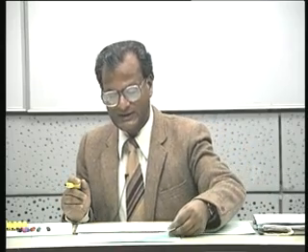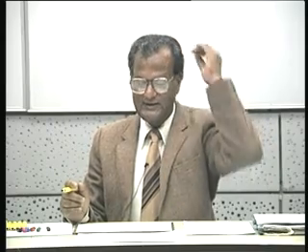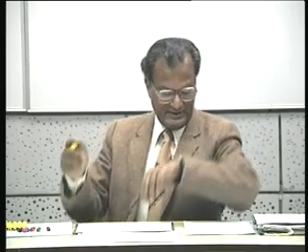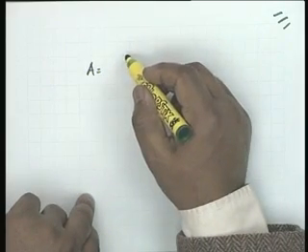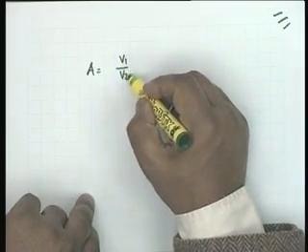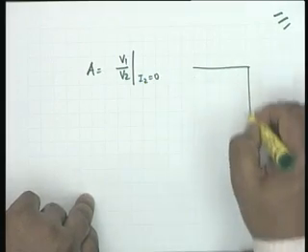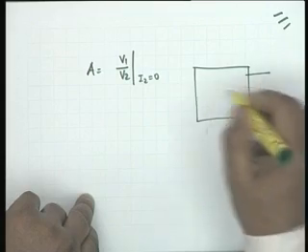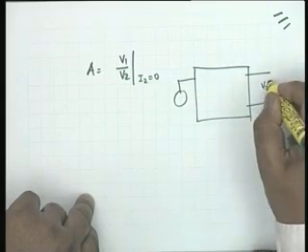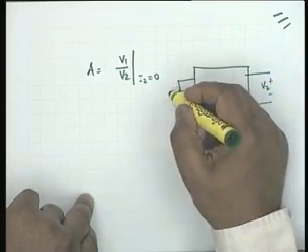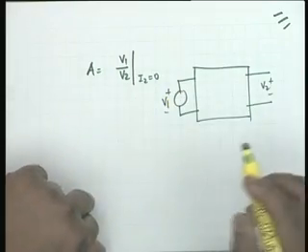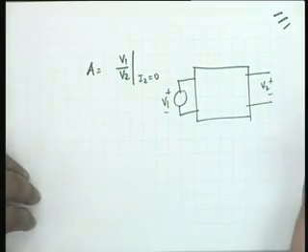Okay. Now, without much discussion, let us see if we can relate these parameters to the familiar ones, the Z and Y parameters, for example. Suppose I consider the A parameter. A parameter by definition is V1 by V2 under the condition I2 equal to 0. Let us take the network. I have I2 equal to 0, so the response must be here, and this is V1. I have to find the ratio of V2 by V1 and take the reciprocal.